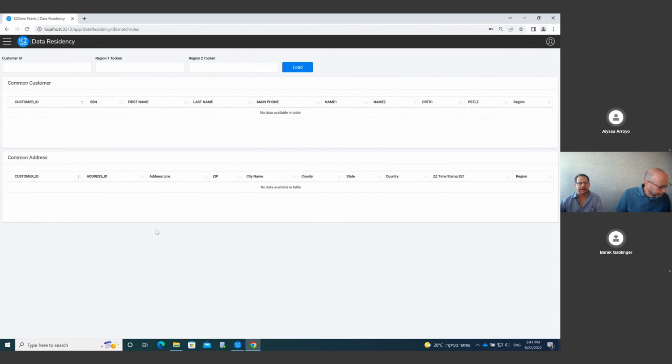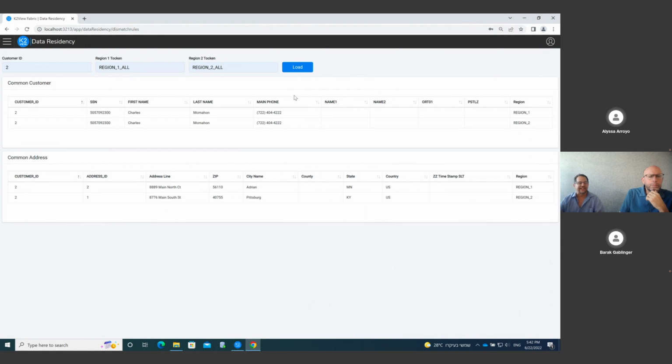Okay, so now I'm going to start keying in the information, and I'll put in customer 2. I'll take a token, and on purpose for this demo I gave tokens that are meaningful. Now these tokens are attached to the user profile. They are not displayable in the real application. But from the token name, you can understand that I am simulating a user who can see, for customer 2, everything in region 1 and everything in region 2.